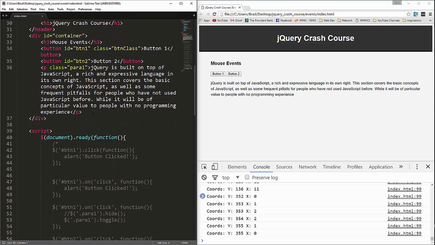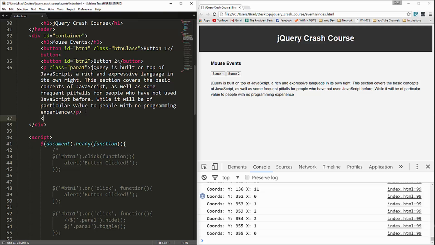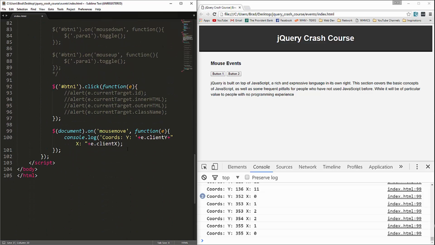So if we put right here, we'll put H1, and we'll give it an ID of coords, and then down here, instead of console log, we'll get that coords ID, and we'll say dot append, and then